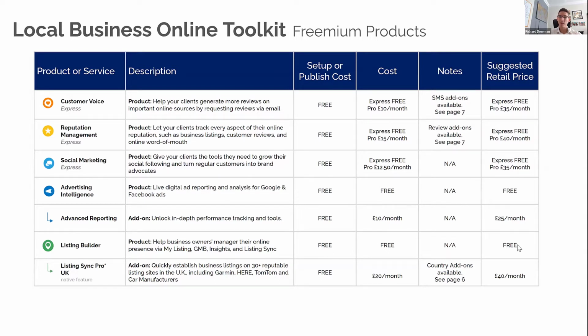Finally, with Listing Builder, we have add-ons to sync their core business data across up to 40 different listing sites on the web. We charge you £20 per month for that, and we would recommend that you charge somewhere in the region of £40. So we're going to give you a quick overview of these 5 products in the Business Center later on in the session today,